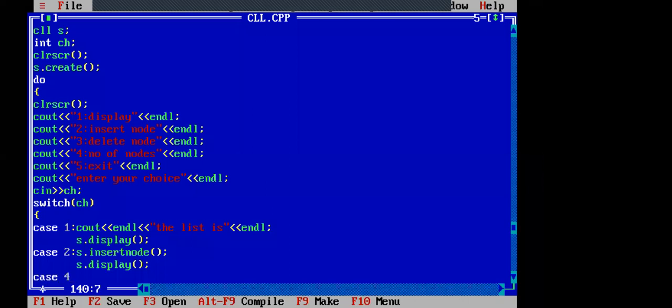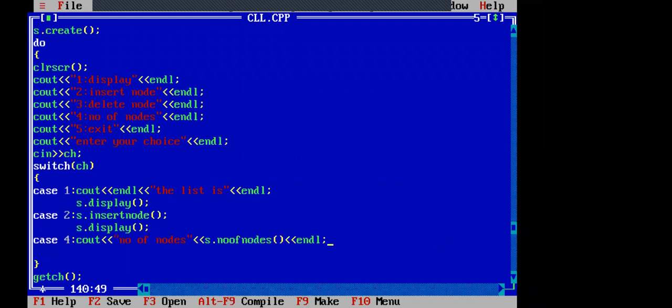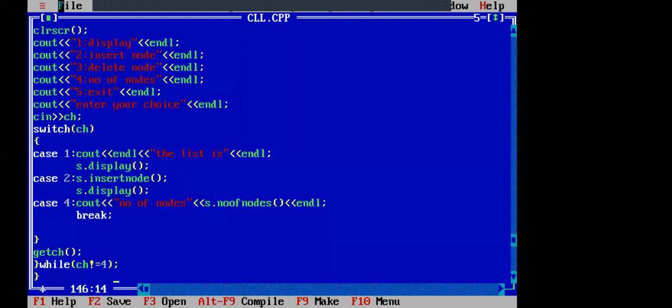If it is a case 4, cout number of nodes, s dot number of nodes. So this is the case 4. Then we have to write break. So this is the one part.